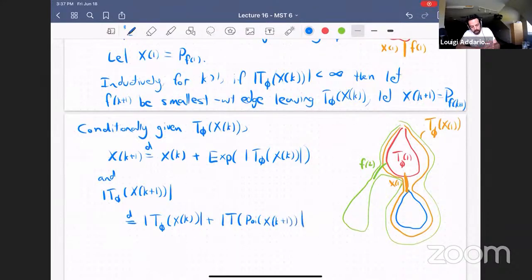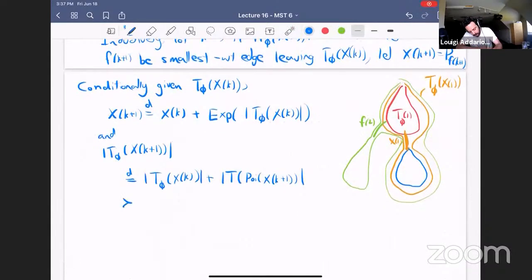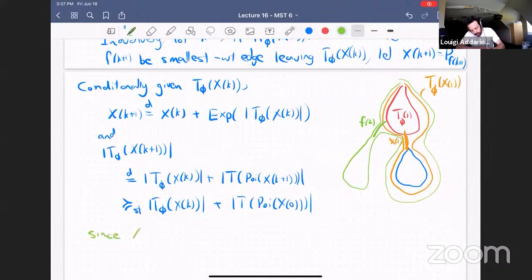And the point is that parameter is always bigger than the first step x naught. We can say that this new size is stochastically bigger than T naught xk plus the size of an independent Poisson Galton-Watson tree with parameter x naught. Okay, and so since x naught is almost surely bigger than 1,